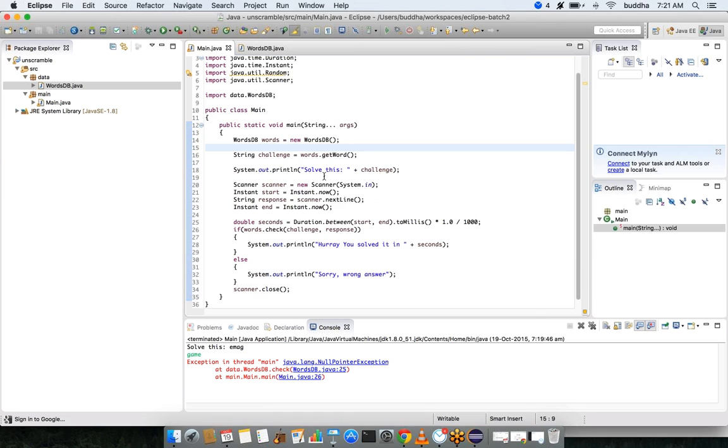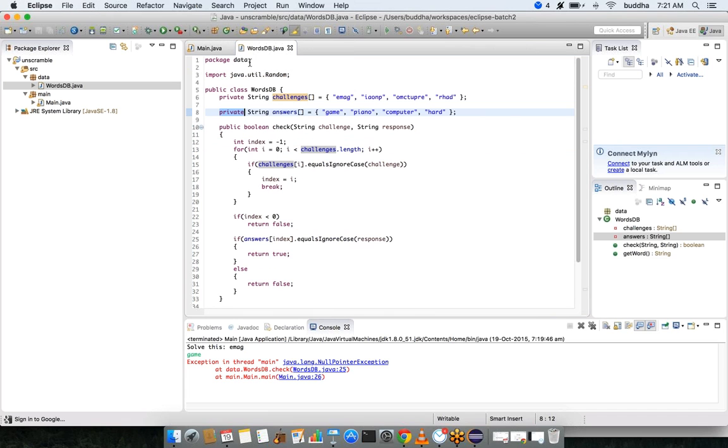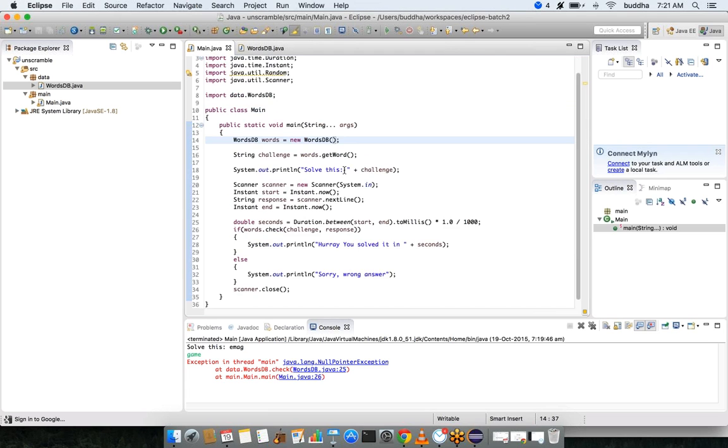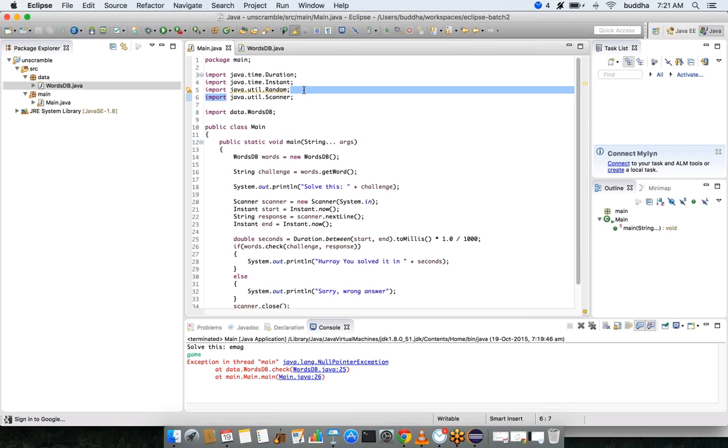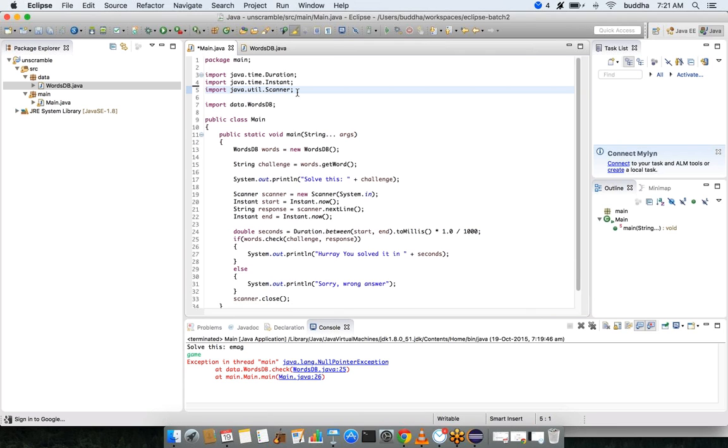Now imagine that, say for example, I wanted to, for now what I'll do is, let's introduce. So now I'm not using this import java dot random here anymore. I'm simply deleting it.